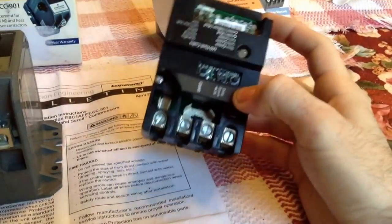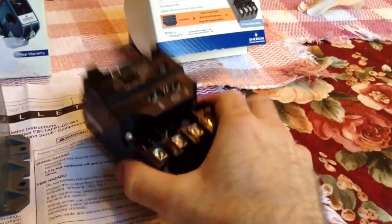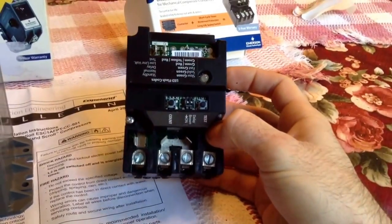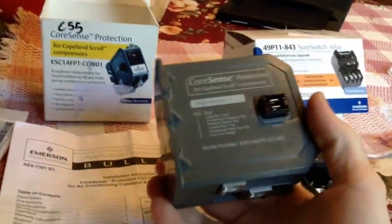And pretty solid unit. I've put a lot on, and the only thing is they are quite a bit different than a contactor to wire in, so they can be kind of a pain in the butt to put on sometimes. So I've seen, check this out guys,